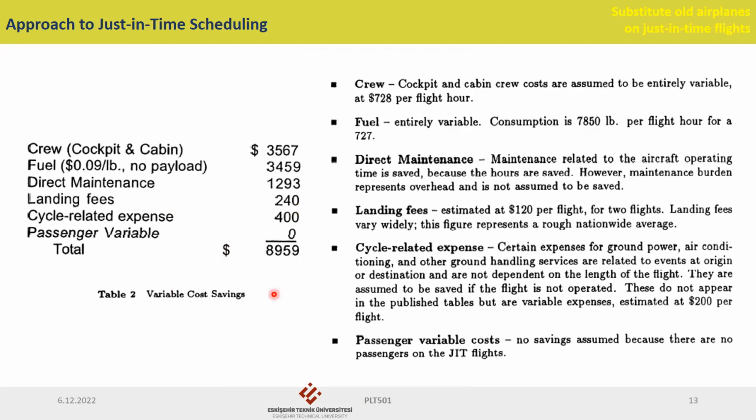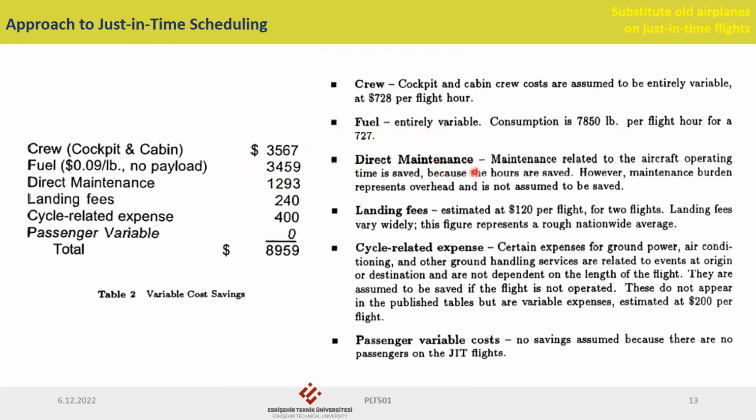Table 2, as you can see here, shows the variable costs that would be saved by canceling just-in-time flights. There are alternative ways. For instance, this is the crew. Crew, as you can also know, cockpit and cabin crew costs. Yes, we can get this value for assumption. Maybe you can divide them so you can find the traveling time. Maybe it's averagely 5 hours. Fuel also, any other parameters. Consumption is also possible from the technical data sheets or some running. You can get this value,